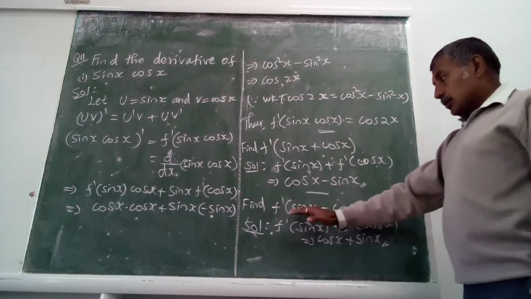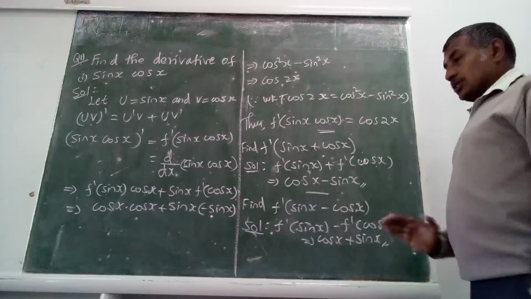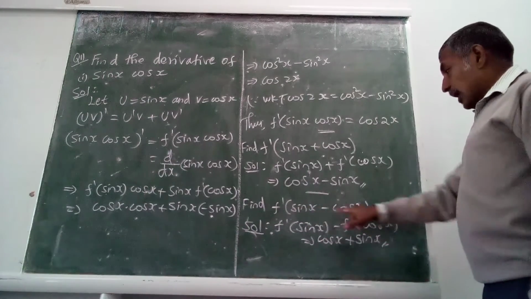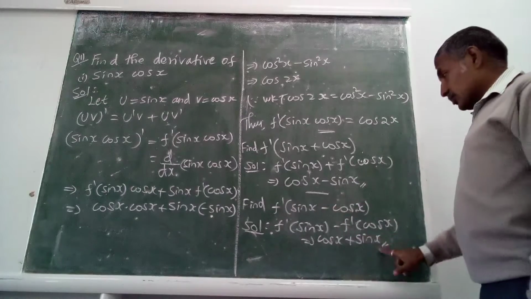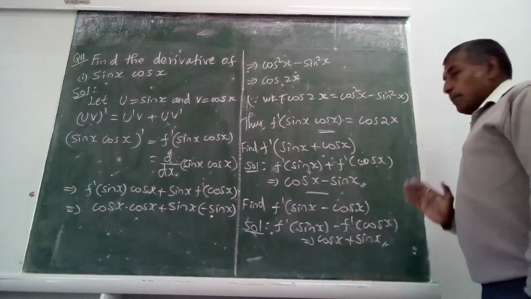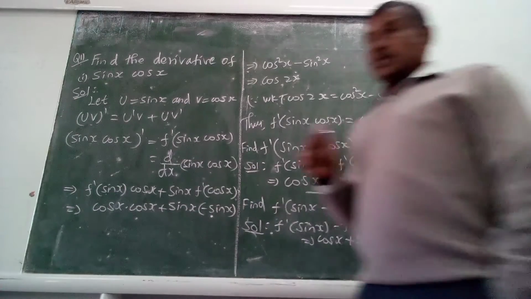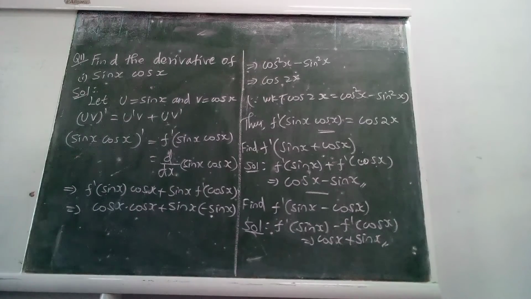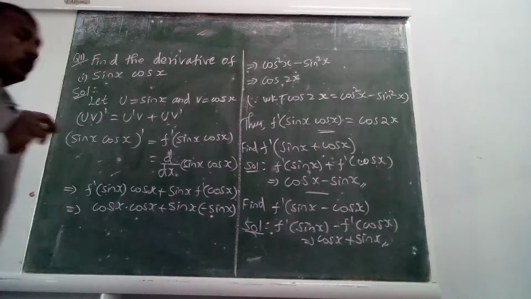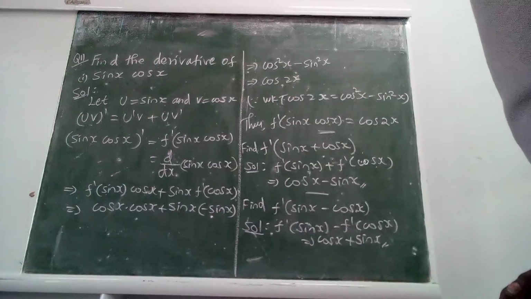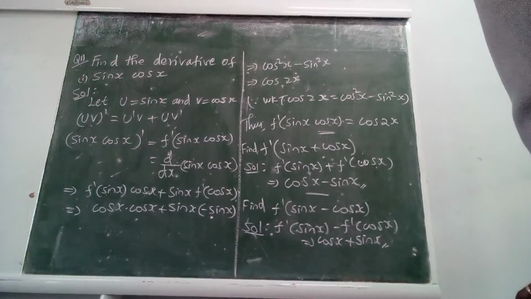So first differentiate sin x and differentiate cos x. Sin x if I differentiate, I will get cos x. Then cos x differentiate, minus sin x. Already minus is existing. Minus minus plus sin x. So when we differentiate sin x minus cos x, we get the answer cos x plus sin x. Hope you understand very well. When we have a product of two functions or factors, then we have to use the product rule. That you need to remember. Hope you understand well. Come on, let's see the next question.